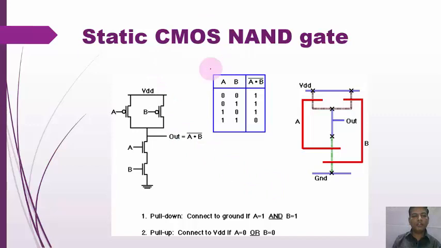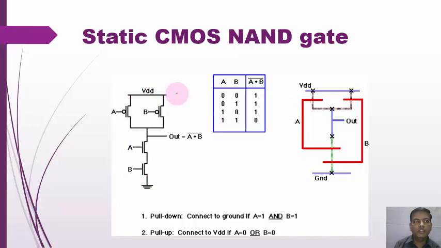So here, for example purposes, we have drawn a static CMOS NAND gate. Here we develop the NAND function, A dot B whole bar. Two PMOS are in parallel and two NMOS are in series, and at the combination of the terminals we have taken the output. A and B are the two inputs, and VDD and VSS are provided. According to the truth table we have to verify it and draw the CMOS layout by using Microwind software.